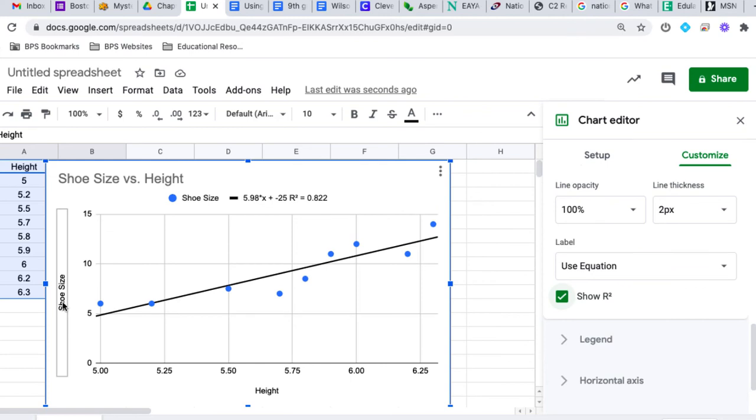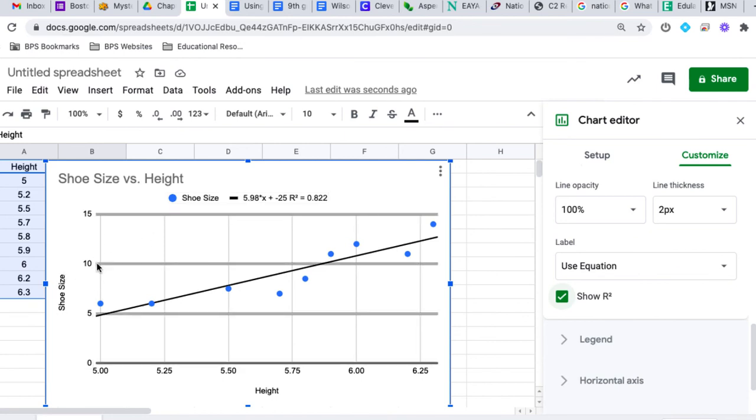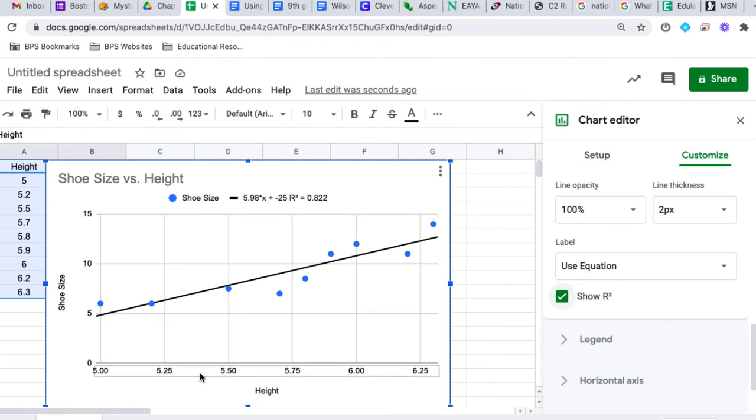their shoe size is. So we could actually use this equation to figure out if somebody is a certain height, what should their shoe size be? Okay, if I plug in their height in feet for X, it will pop out a shoe size. Also, if I put in a shoe size for Y, I could solve that for X and it would tell me how tall they are. There you go. This whole thing took